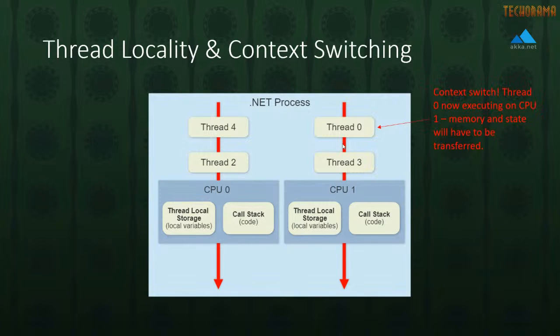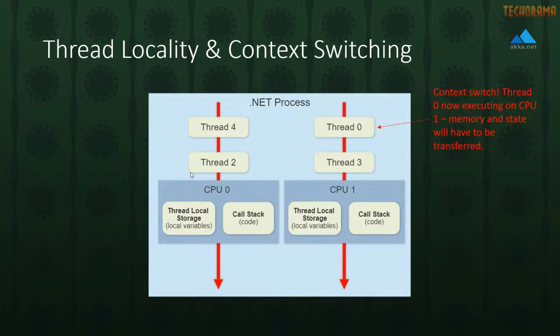The other way in which context switching can occur in .NET would be if, let's say, we had an async await piece of code, and we awaited on this thread, and then when our await was complete, the continuation task executed on this CPU. That would be another example of context switching, where that work got moved from one core to another. In this case, the work might be getting moved between threads as a result of just who was available to service this item in the .NET thread pool at the time, right? Whenever that occurs, we have to transfer memory from the shared memory bus back down to the CPU. We can't take advantage of local caching when this works.